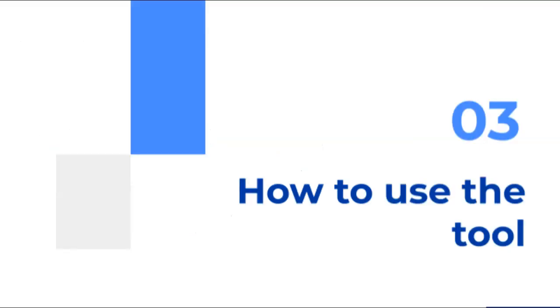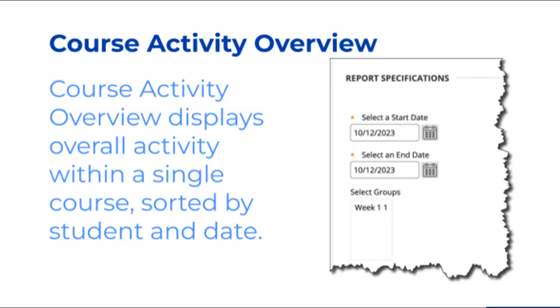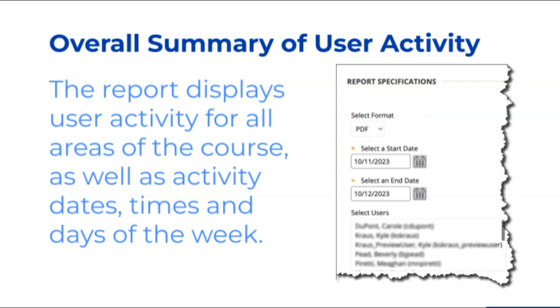How to use the tool. First, we will review the various report types, then go over how to run reports. All User Activity Inside Content Areas report. This report displays a summary of all user activity inside content areas of the course. Course Activity Overview displays overall activity within a single course sorted by student and date. Overall Summary of User Activity. This report displays user activity for all areas of the course, as well as activity,